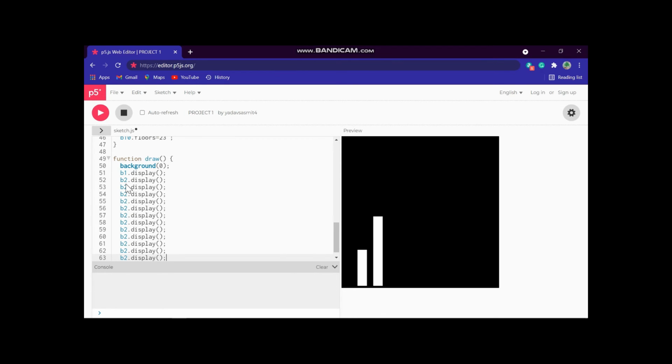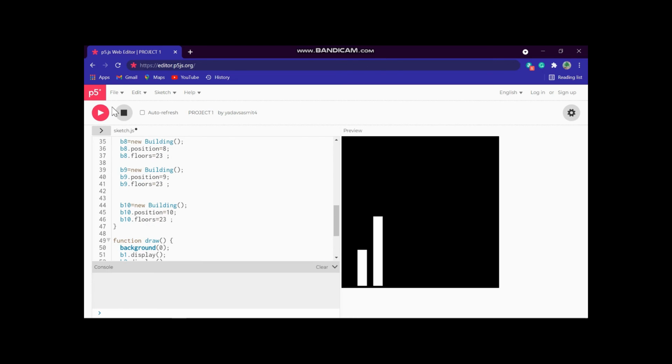So let's count: 1, 2, 3, 4, 5, 6, 7, 8, 9, 10. We have done extra, so let's delete the extra ones. Now you have to enter b1, b2. You just have to change the number, because all we copied have the same number. Change to 3, 4, 5, 6, 7, 8, 9 and the last one 10.